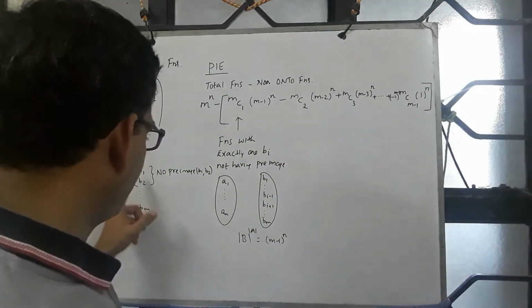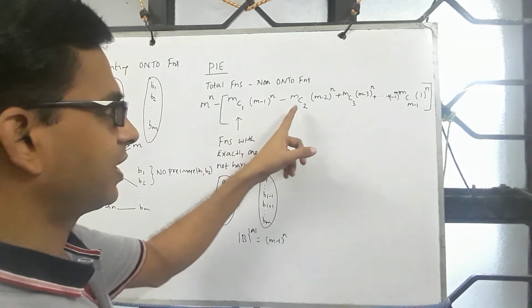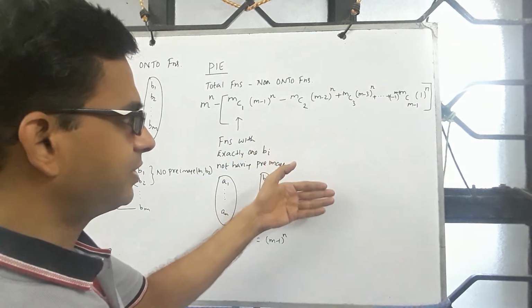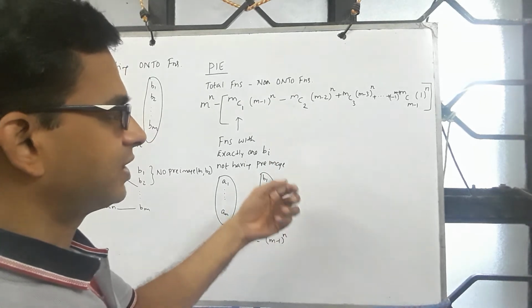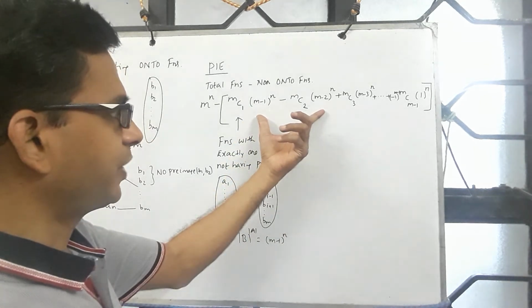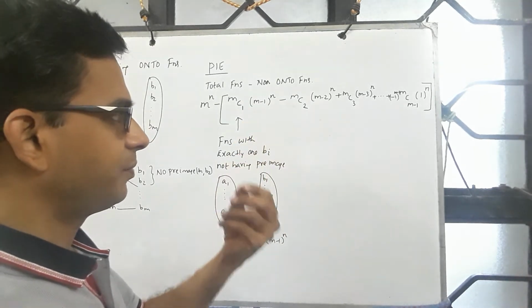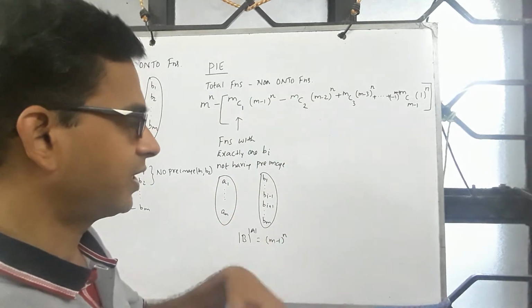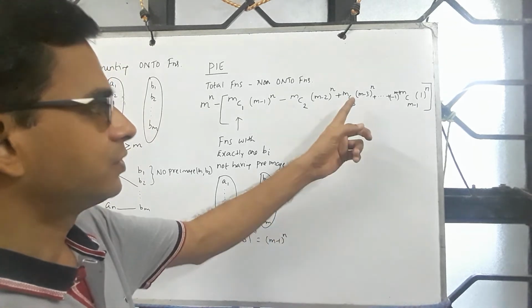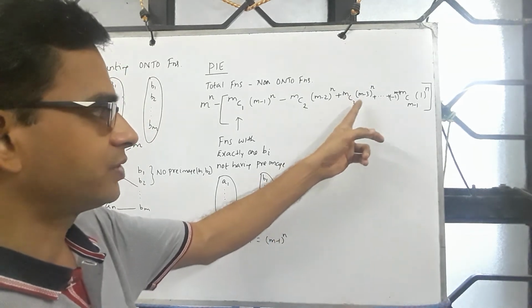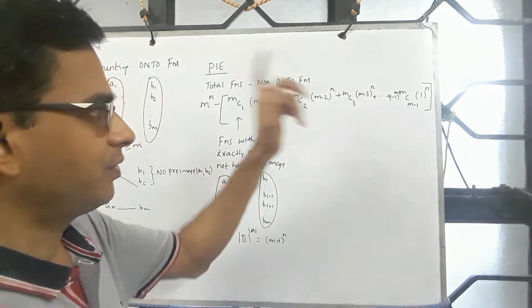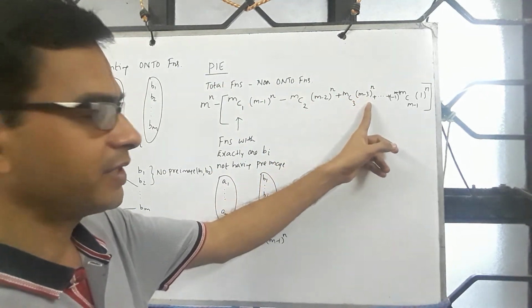And how many such b_i, b_j are possible? There are this many. Now suppose you look at b_i, b_j, b_k. Now you realize that at this point in time, b_i, b_j, b_k is left out in the counting process, and I should add back. So how many such possibilities? m choose 3, into, now a_1 to a_n will be mapped to m minus 3 elements, so you get this many functions.